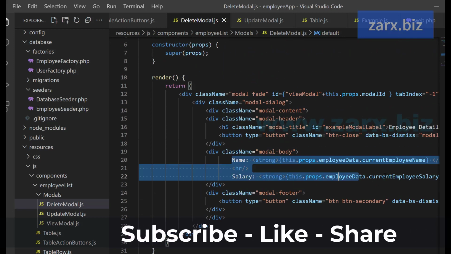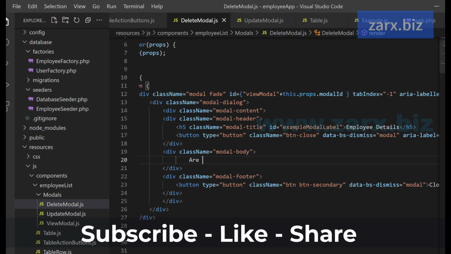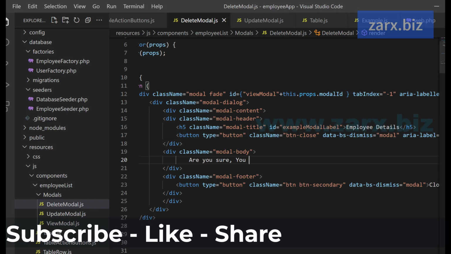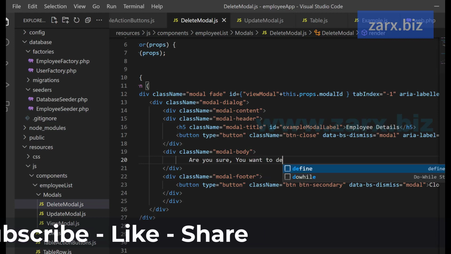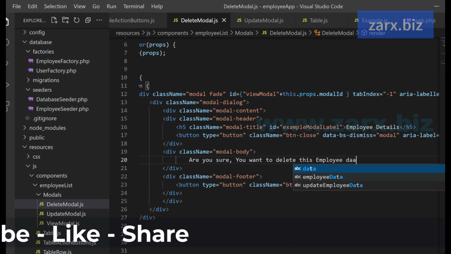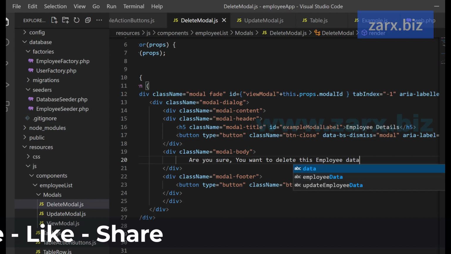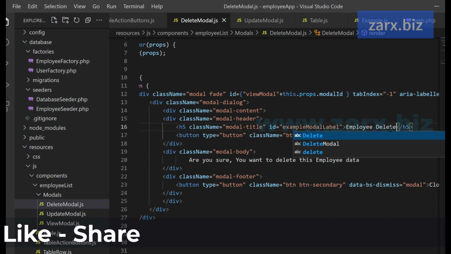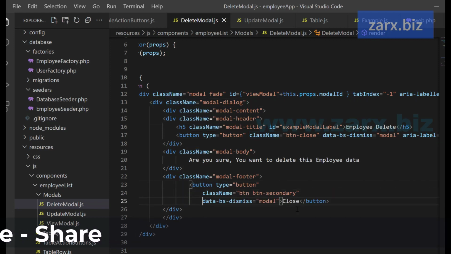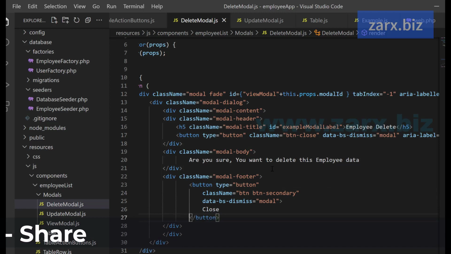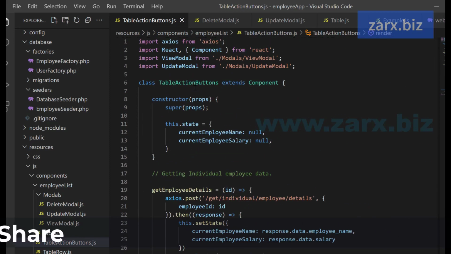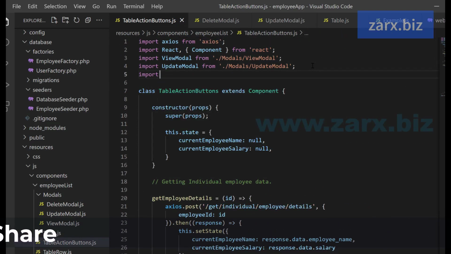And here we simply want to say, are you sure you want to delete this employee data? That title will be there. So we have the one button here, and we will create another button here in a moment. Now what I do, we need to import this delete model in our buttons. So let's go on top,